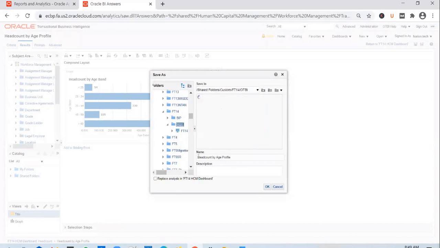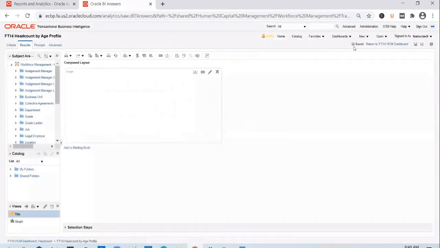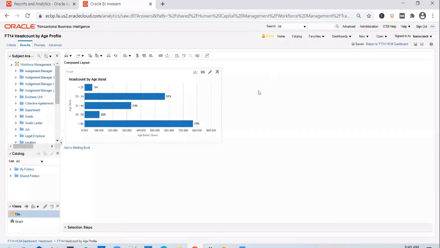OTBI again. Select the folder and you can say FT14 headcount by age profile. And you go back to the dashboard. Take out the seeded report and plug in the new custom one.